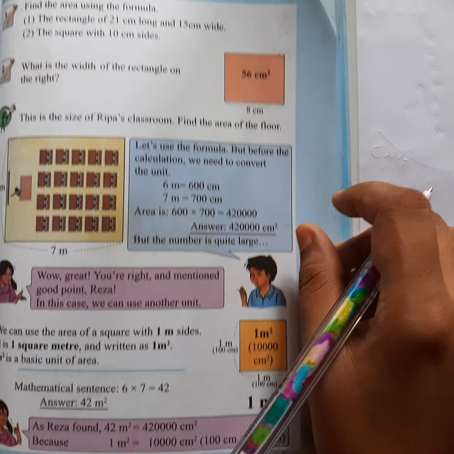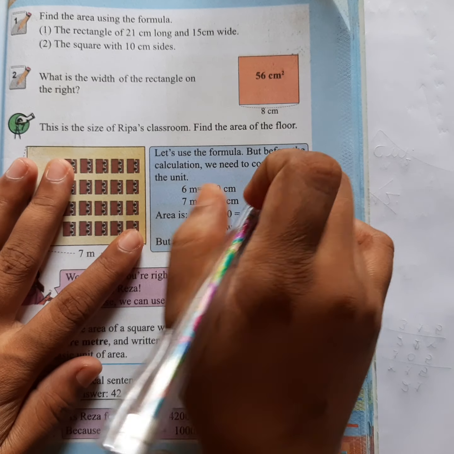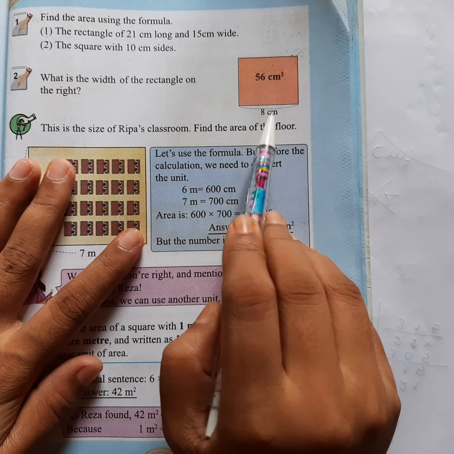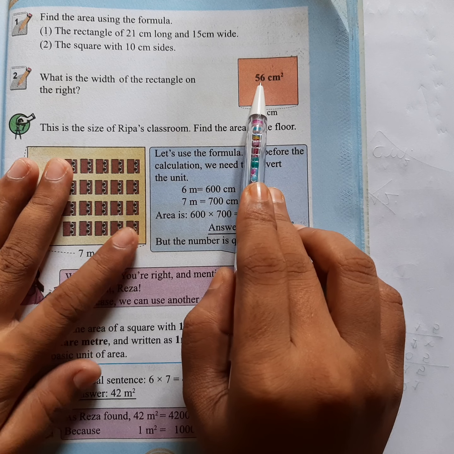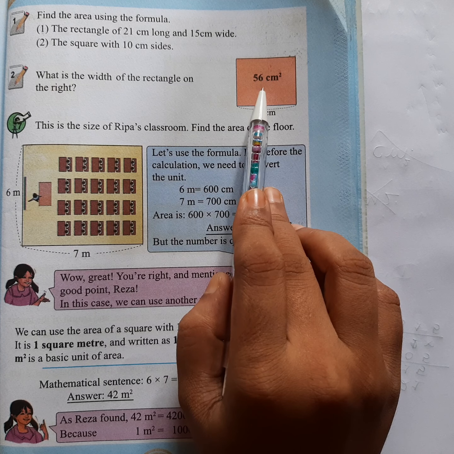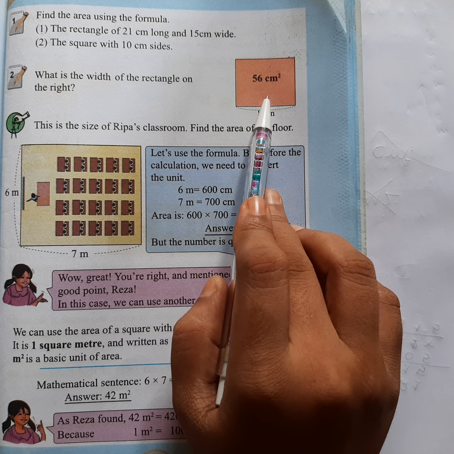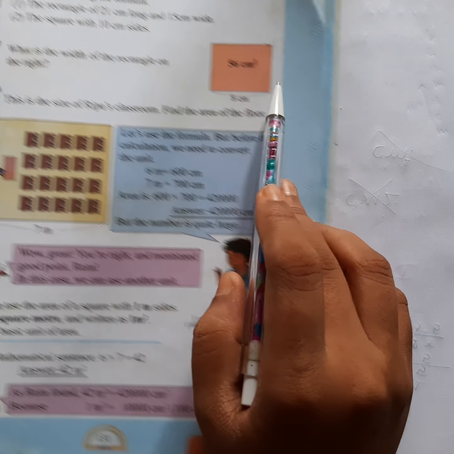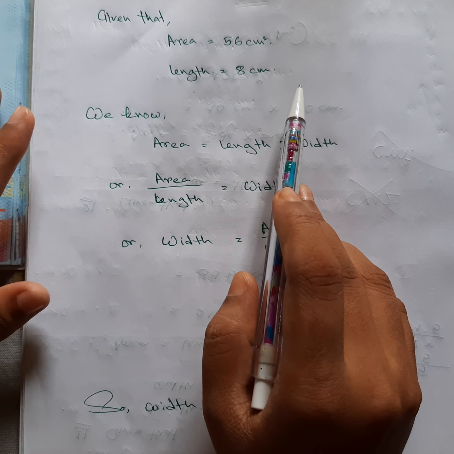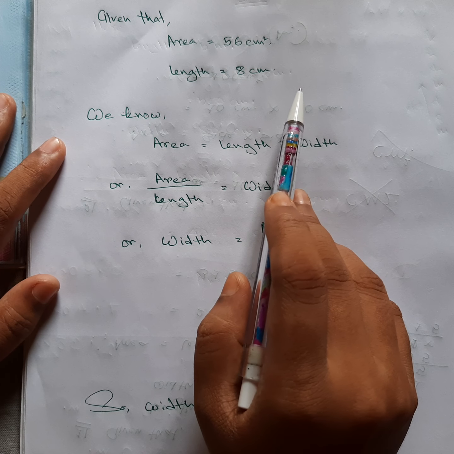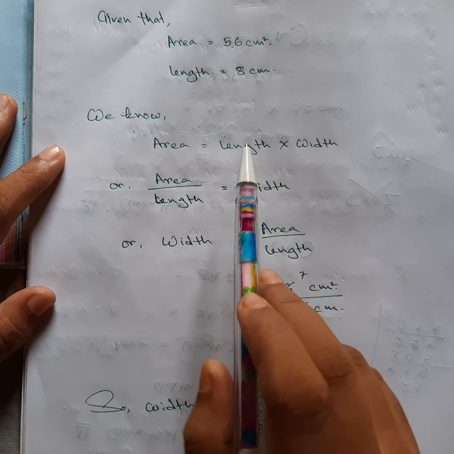Now I want to talk about that question 2, where they didn't give us any side, they gave us only the length and also the area. So how to do that one? I would prefer that you watch this part of the video after watching the whole video again, because you will get much more information after watching the video. After that, if you watch that one, then it will definitely do good for you.